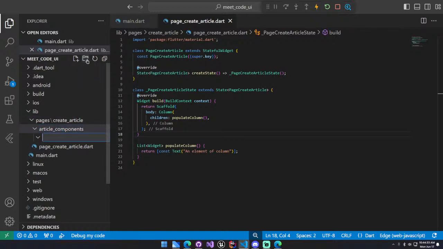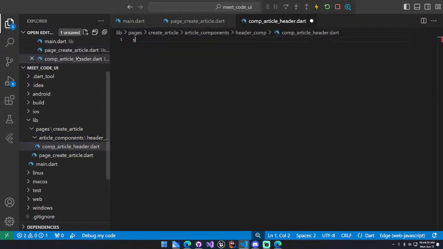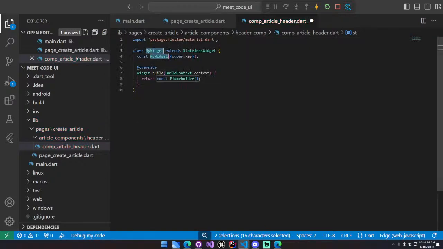For example, we'll have a header now. Let's just call this header comp. Okay, and in header comp, we'll create our header component, article component, and let's call it comp article, and let's call this header dot dart. This is going to be a stateless widget, which means this doesn't have any state. Comp article header, and what we are gonna take is